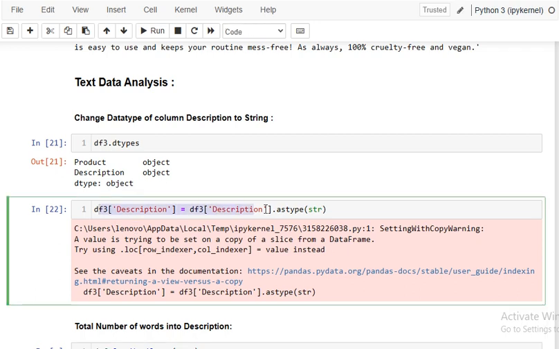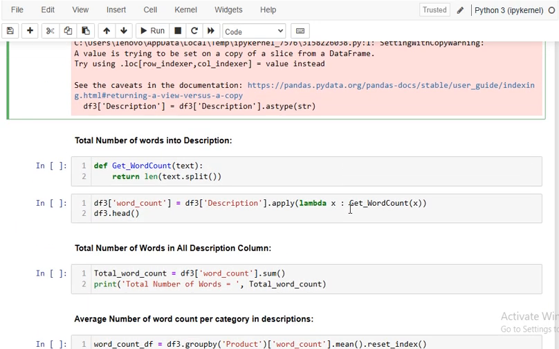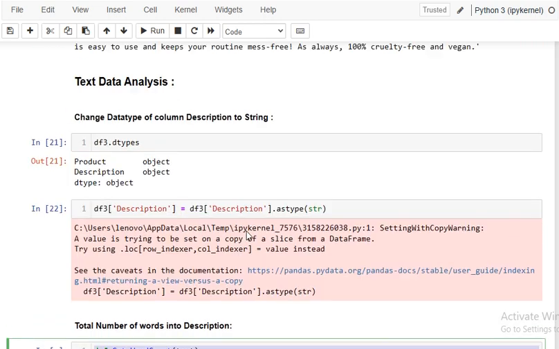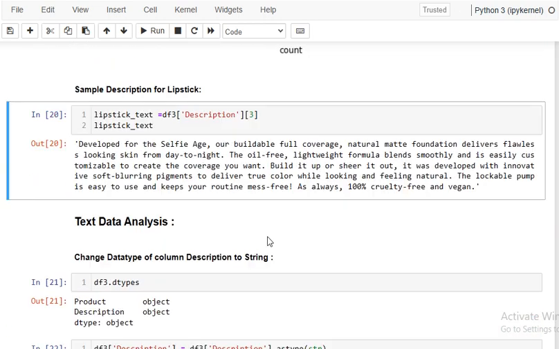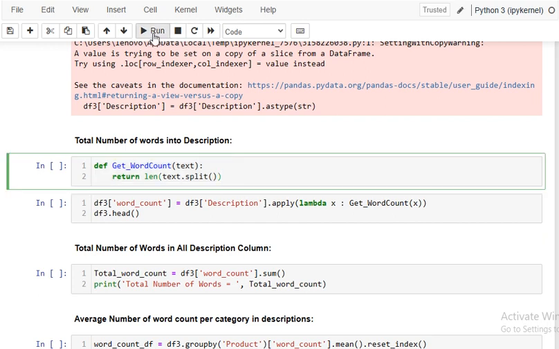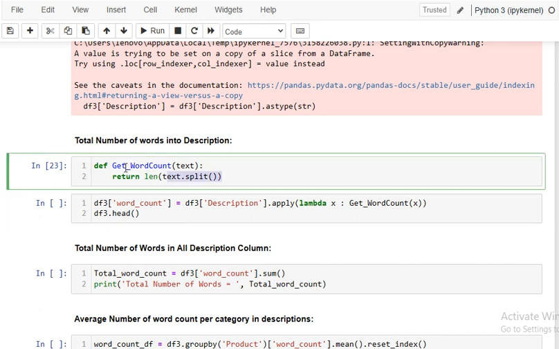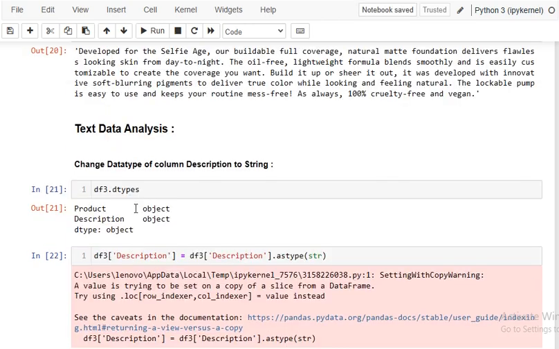We have converted the data into a string data type, right? Now we will count the number of words in the description. So I'm writing here the function get_word_count, which returns the length of text.split. We are splitting the data on the basis of the space, and finally we will count the number of elements in that particular list. So we'll get the word count in each row,